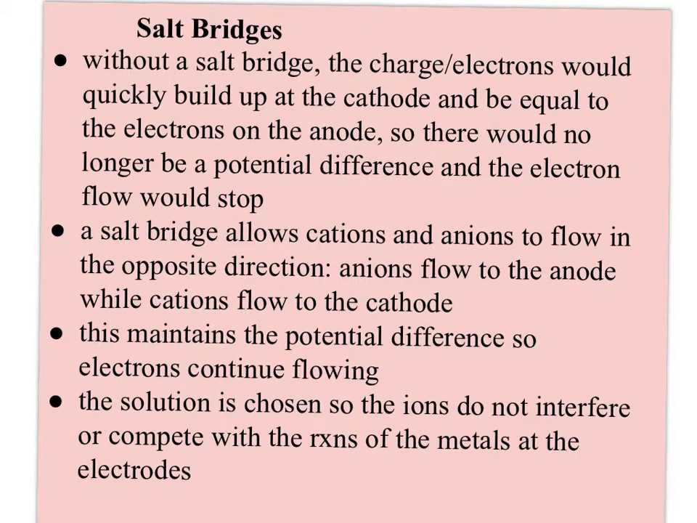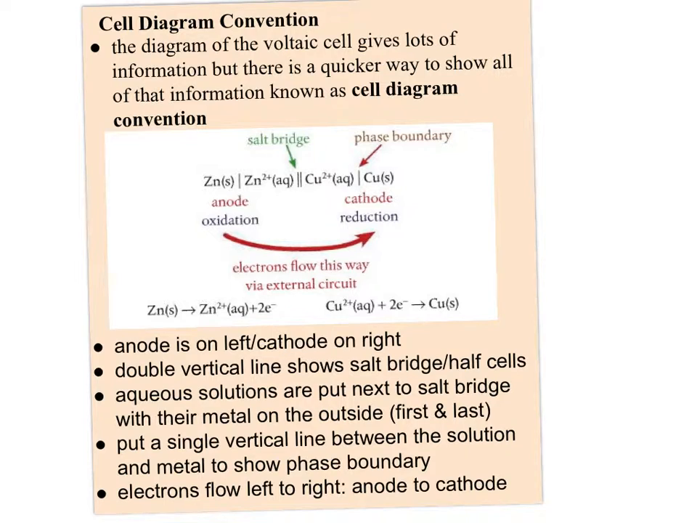And one final thing on the salt bridge, the solution is usually chosen so that the ions that are flowing across the salt bridge don't interfere or compete with the reaction of the metals going on at the electrodes. So one of the last things to mention with voltaic cells is this idea of cell diagram convention, or how can I quickly show you what's going on in my voltaic cell without drawing that fancy picture that we saw a couple slides back. Well, the way that's done is with the cell diagram, and you always list the anode